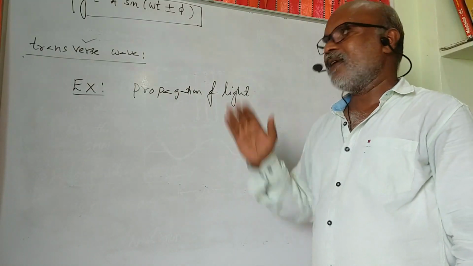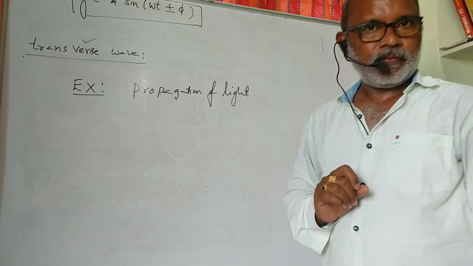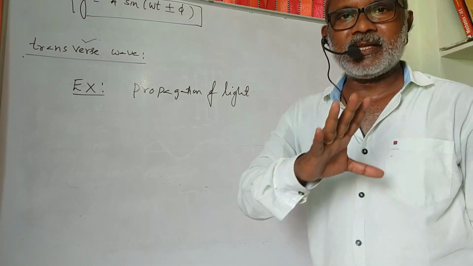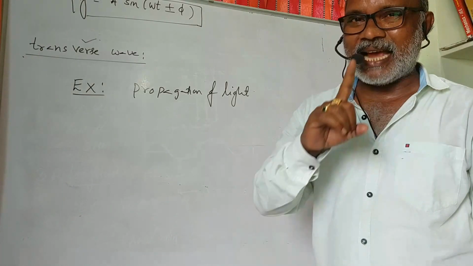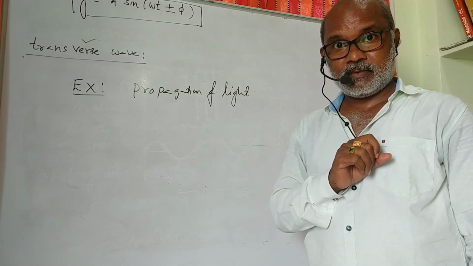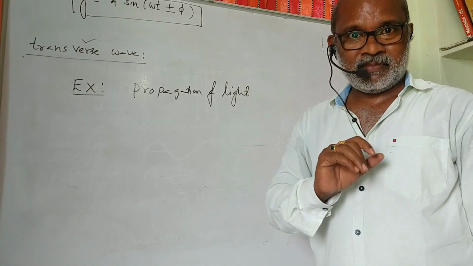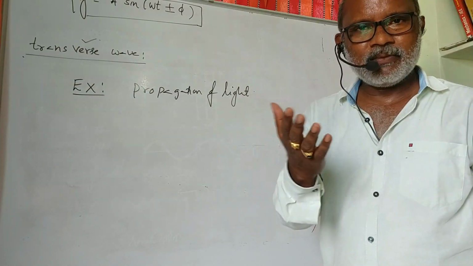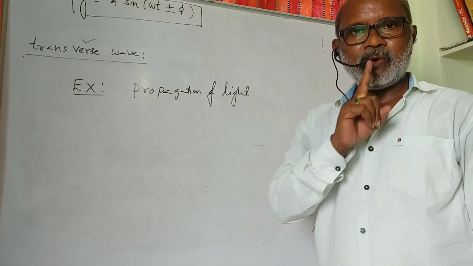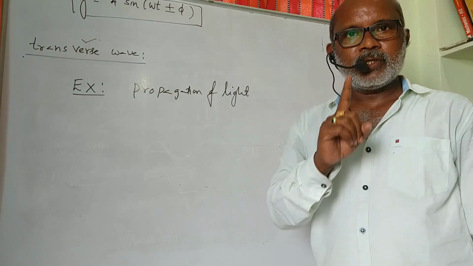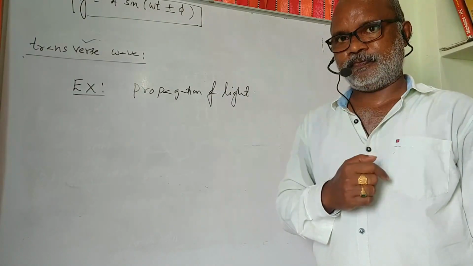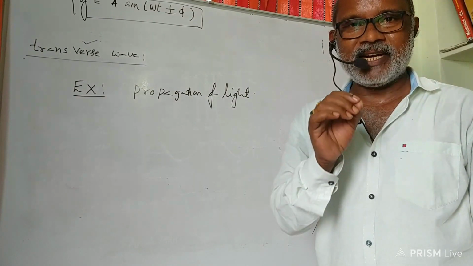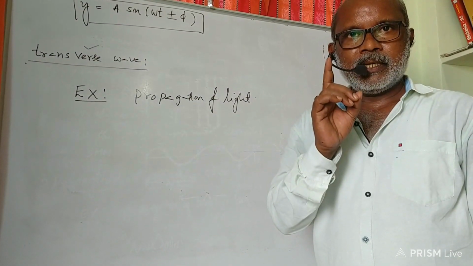So the basic difference between sound and light is that sound is a mechanical wave. It exhibits all the properties of light except polarization. This is also very important. Sound doesn't exhibit polarization, but sound can be reflected, sound can be transmitted, it will diffract, and show interference. We can discuss all these properties, but sound doesn't exhibit polarization, whereas light exhibits polarization. Why? Because the basic reason for it is